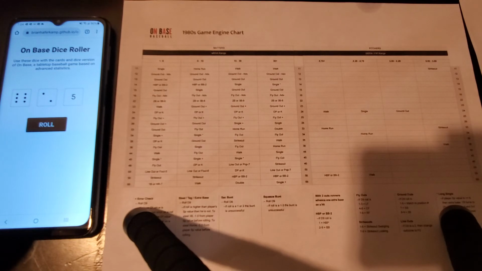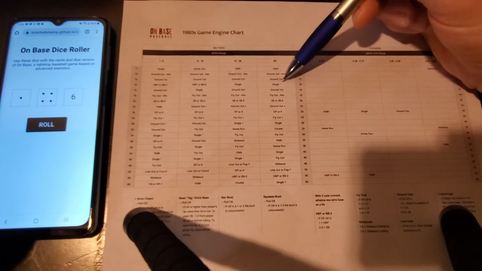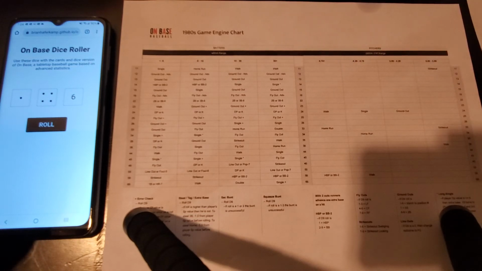We're going to leave Kurt Brown out there. He's faced 2, 3, 4, 5, 6, 7, 8. So he's got the stamina to go another inning. Let's see if he can shut down the Mets once again. This will be Keith Hernandez, a 1-4. 1-4 to Hernandez is a long single. Hernandez's speed is only a 2, so he's going to stop at first base. Nobody on base, so the effect of the long single is not felt.